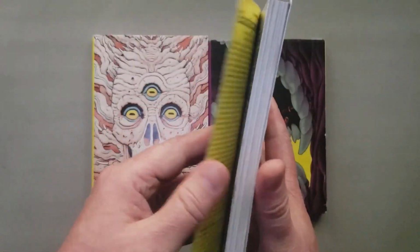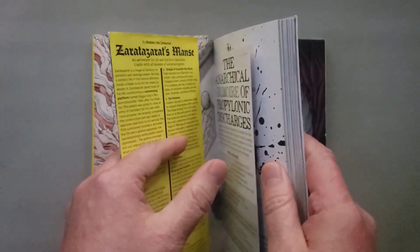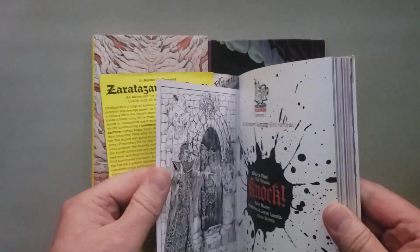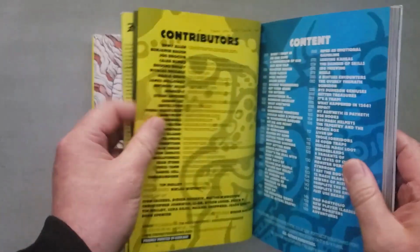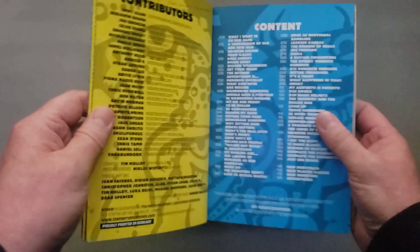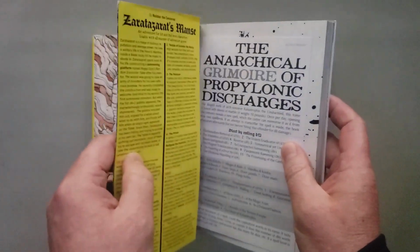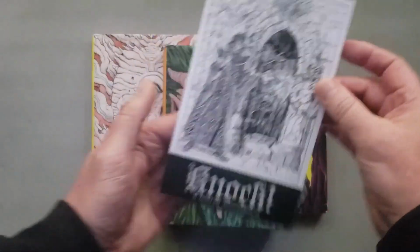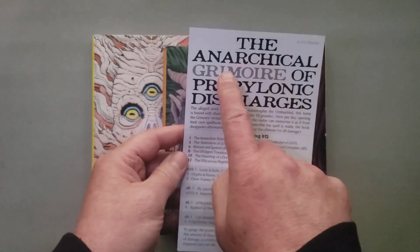So what's really interesting, though, so this is a collection of articles and topics and charts and maps and adventures and monsters by a bunch of different people. So you see here the list of contributors down the side. These are all the people that contributed to this. And here's the table of contents. But what I love about these is that they make use of every part of this book in such a clever way. So here is a little postcard almost type thing that came in here,